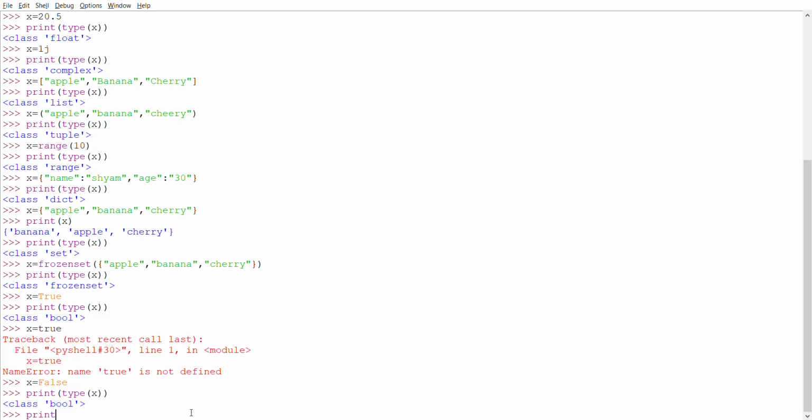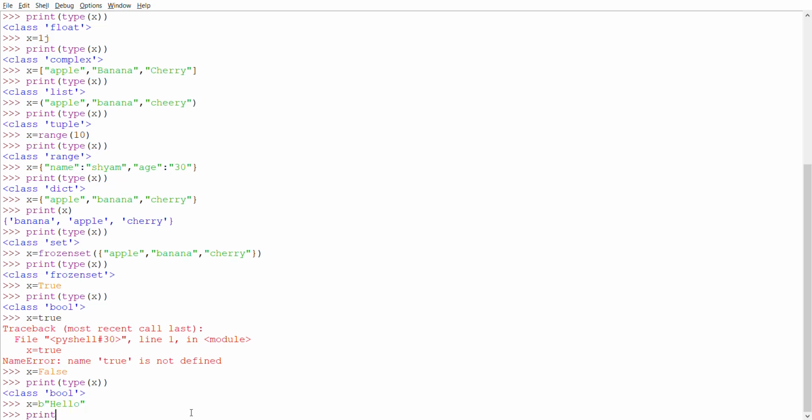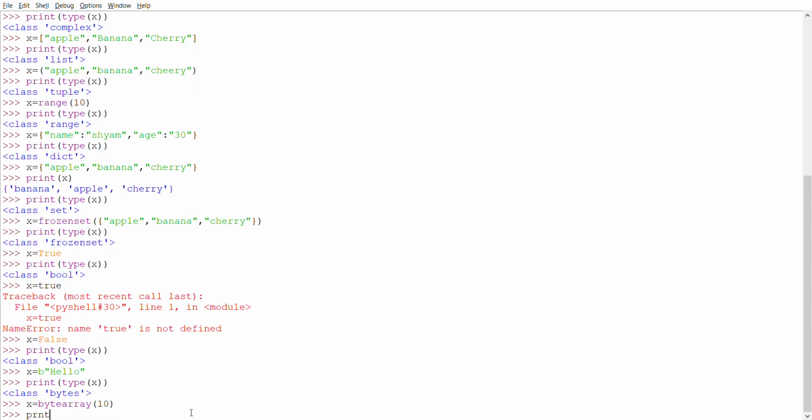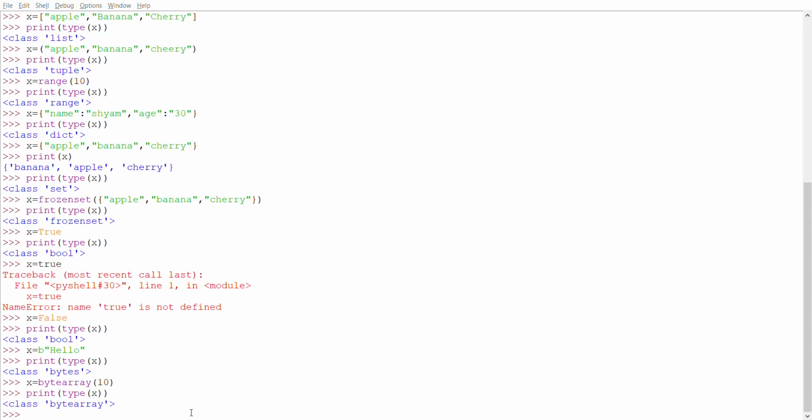Bytes. x equal to b hello, print type, bytes. Now we'll go with byte array, x equals byte array of 10, print type of x, byte array.